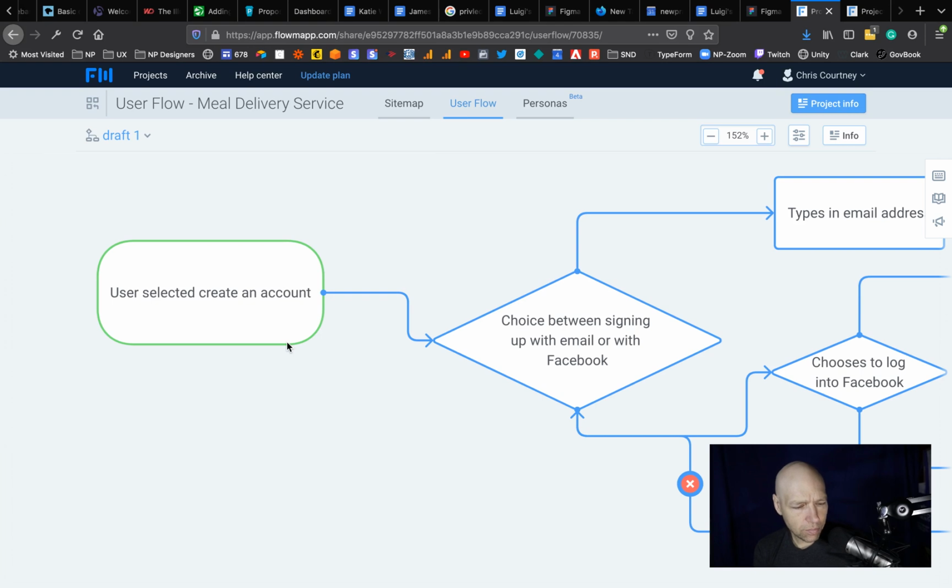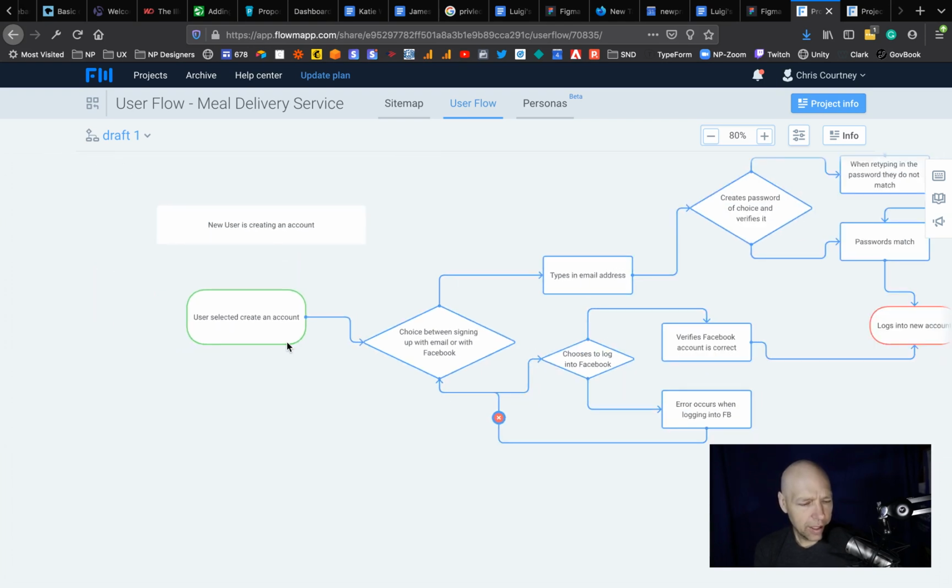One of the things I would point out here is that these flows are verbose, okay? They've got a lot of verbiage in here. We need to truncate this so that we really focus on the actions. And some of the problem, again, I wasn't sitting on your shoulder while you were putting these together, but I believe that some of the issue here is that